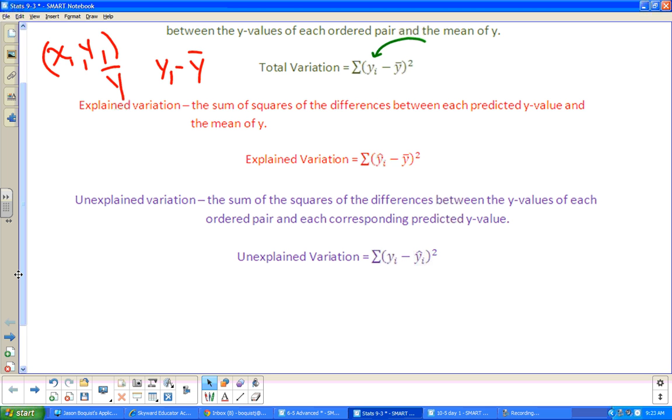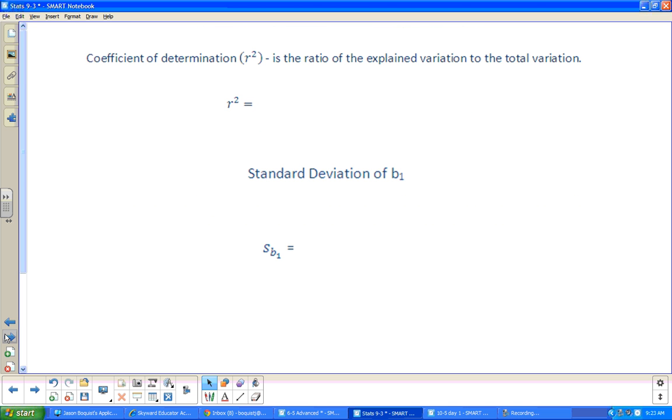Okay? And what do you think? Explained variation plus unexplained variation better equal, not necessarily 1, but total variation, right? If the total variation is 1, then yes, they better equal that. If I add the two together, they better be total. Because some of it's going to be explained, the rest of it better be. But that gets a little weird depending on where your points are, and that's one of the things I want to point out on the back. Okay? But before we do that,